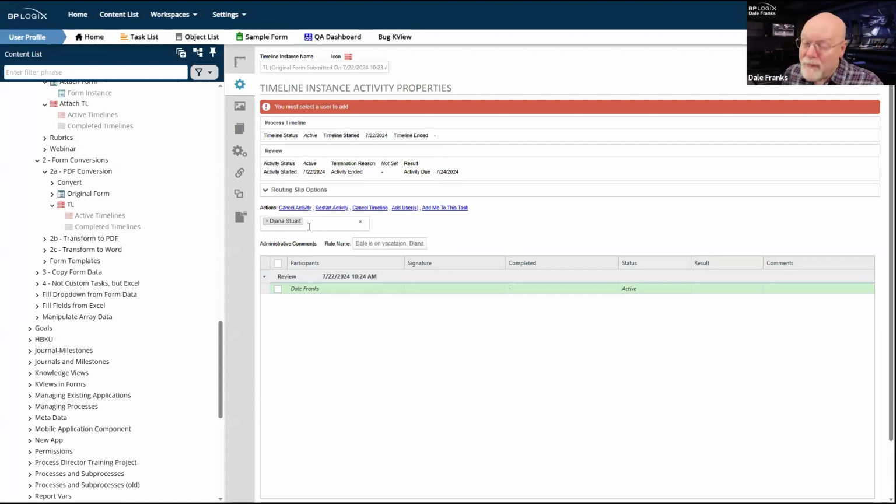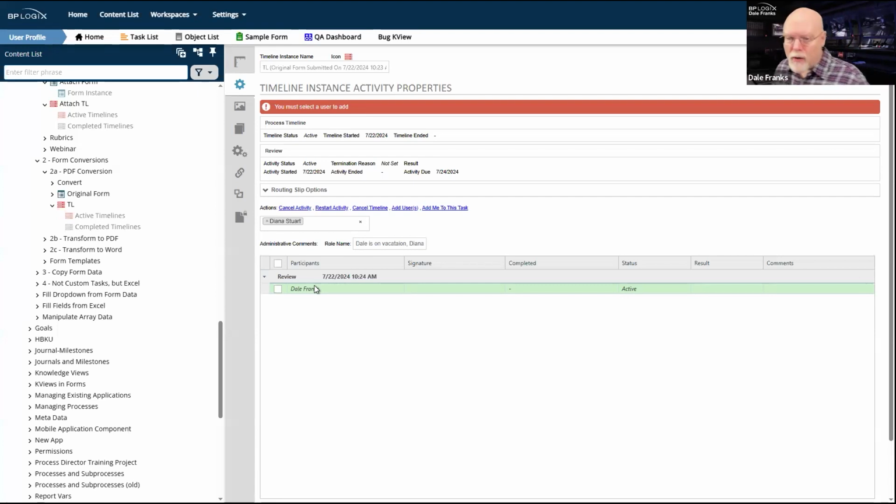I shouldn't have to do this as administrator. What Dale should have done before he went on vacation is turned on delegation so that all of his tasks were delegated to whoever they were supposed to be delegated to. And as an administrator, I can go into IT admin, I can go to troubleshooting or user admin, I think, go to delegation, and I can create that delegation and assign all of Dale's tasks to Diana. And that's great. Any future task Dale gets while that delegation is active will be assigned to Diana. So for the future, problem solved.